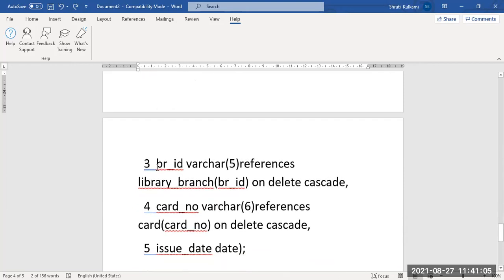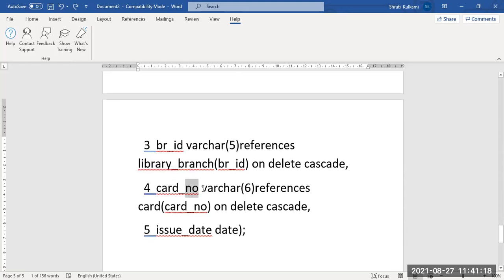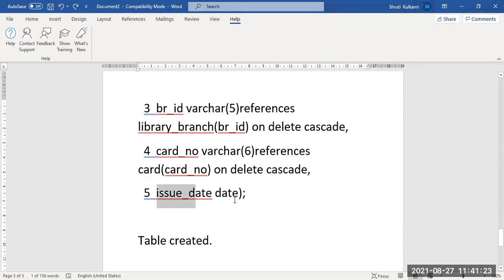Okay. Then branch ID, from which branch. It is not required to specify the branch always; branch ID is sufficient. So references library branch table on delete cascade, card number references the card table, card number on delete cascade, issue date here.